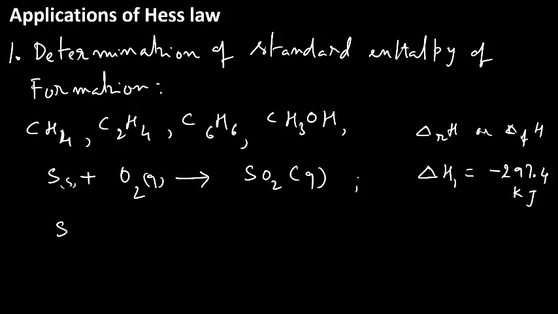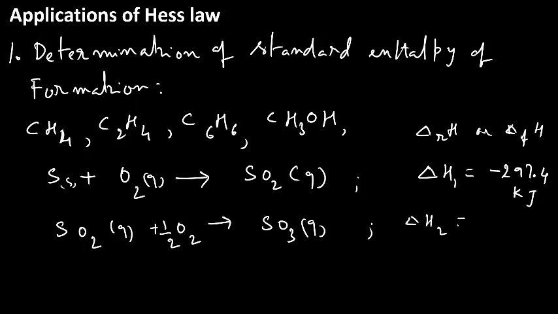On the other hand, SO2, sulfur dioxide gas, combines with oxygen and burns, and of course we get, with half a molecule of oxygen, SO3. So here we call it the combustion of sulfur dioxide. Therefore here delta H2 is equal to minus